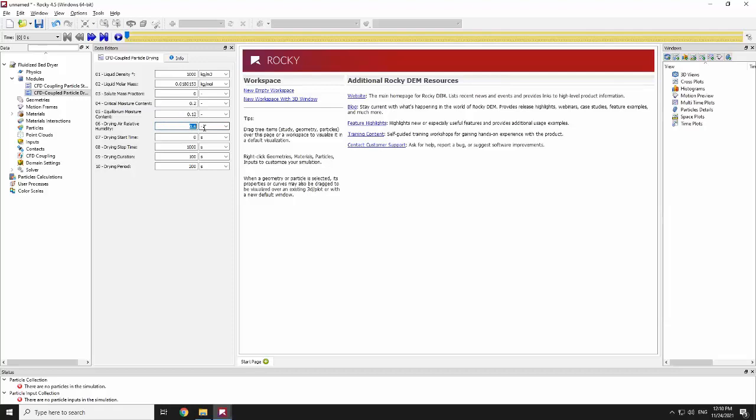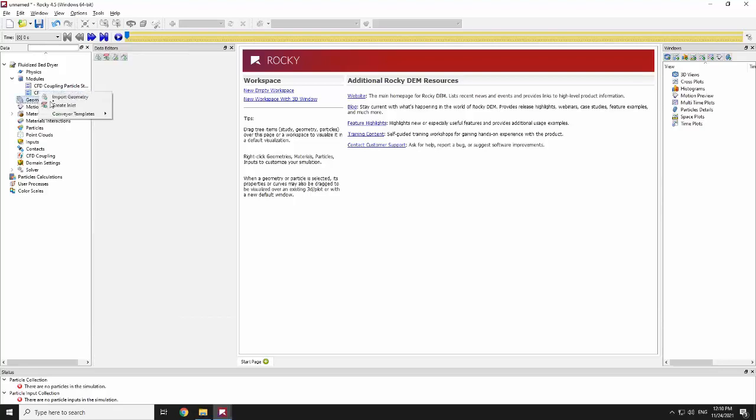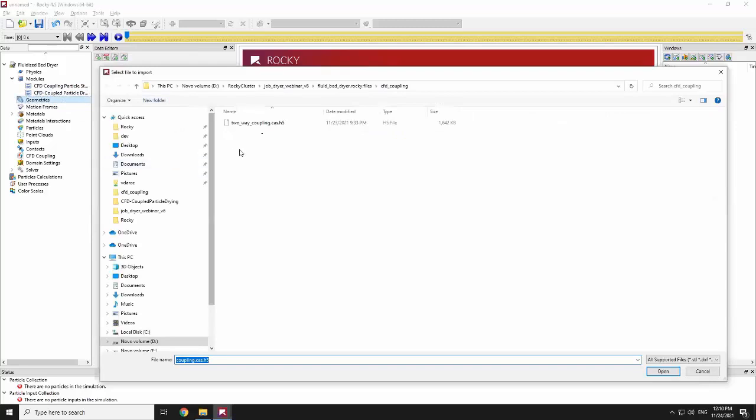The air relative humidity, we will leave as 20%. And the drying start time and stop time, we leave as default. We just increase these two guys here to 1,000 seconds as well. Okay, so for geometries, we'll just import that